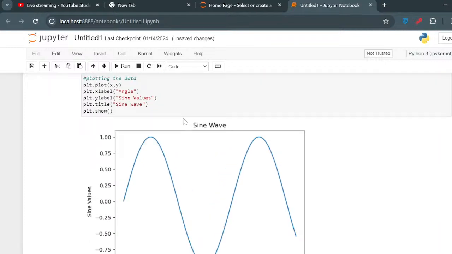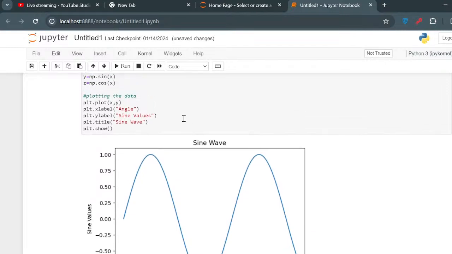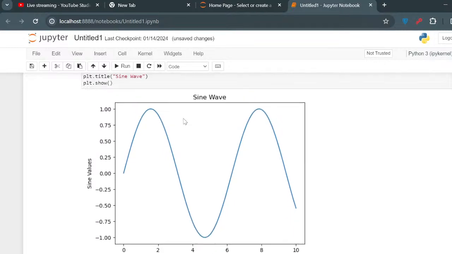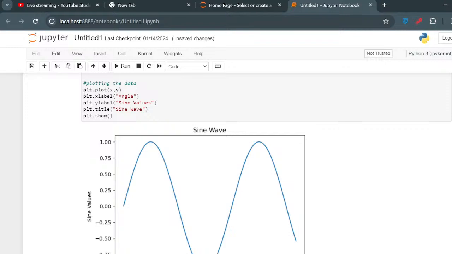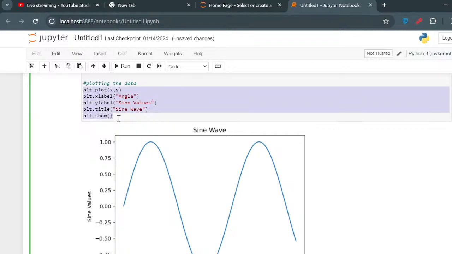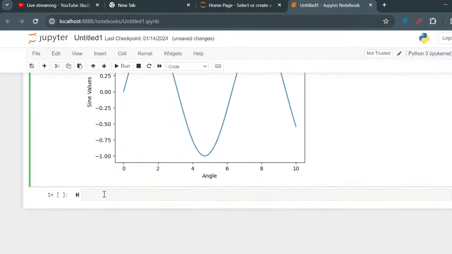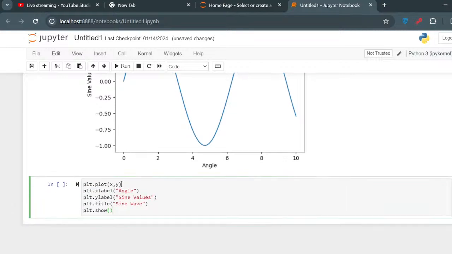Now you see one more thing. If you want to draw the graph between x and z, you can again write the same thing. plt dot plot to here. And now this time you want a graph between x and z, so you are going to write plt dot plot xz, then x label is angle, y label are sine values,